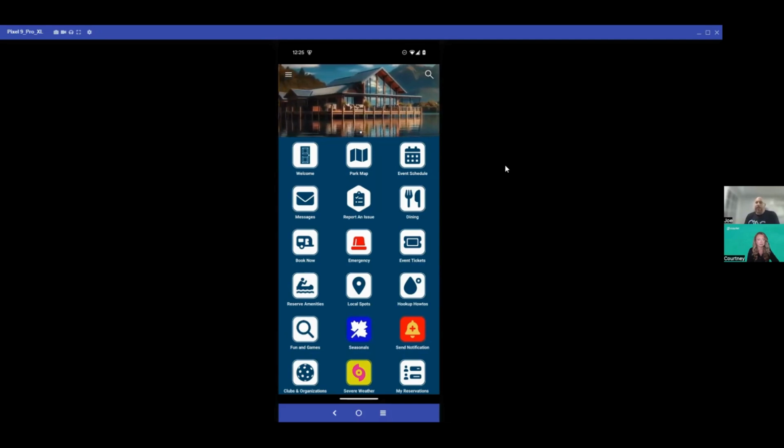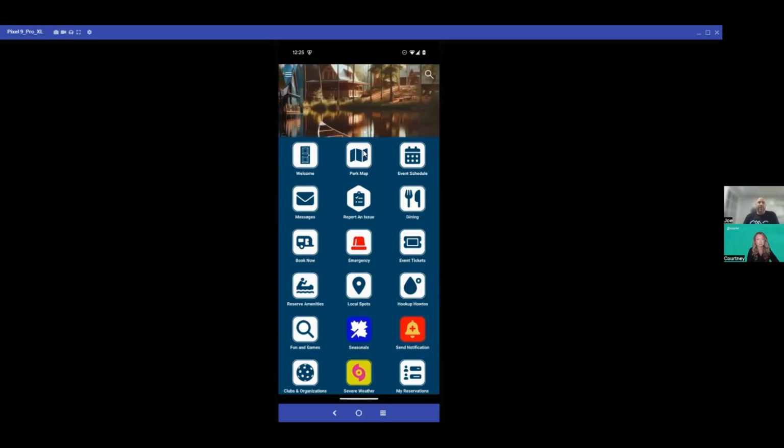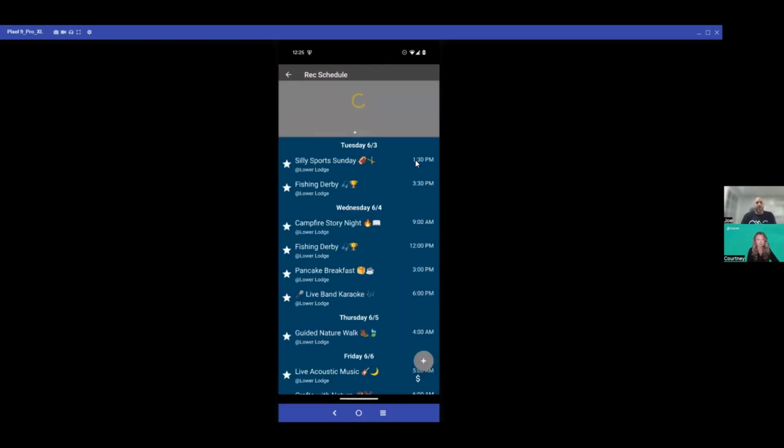So another thing I talked about at the beginning was the event schedule. I'm going to click into that here. You can have as many event schedules as you would like. So you could have a food truck schedule, and maybe your seasonal schedule, and you can have your daily events. When you create an event, you can actually say it goes onto these three calendars, which